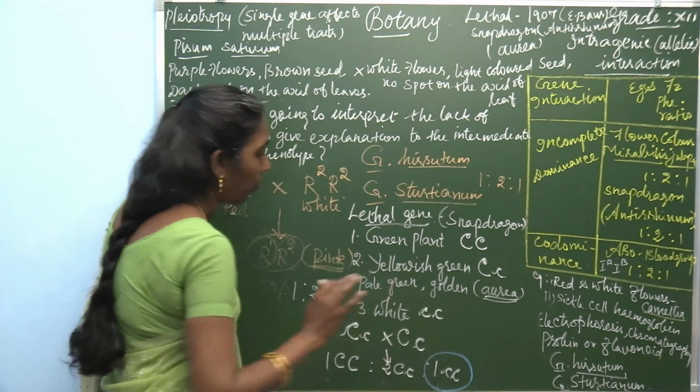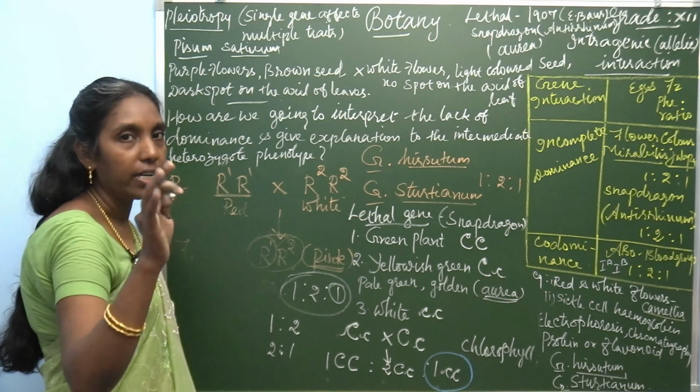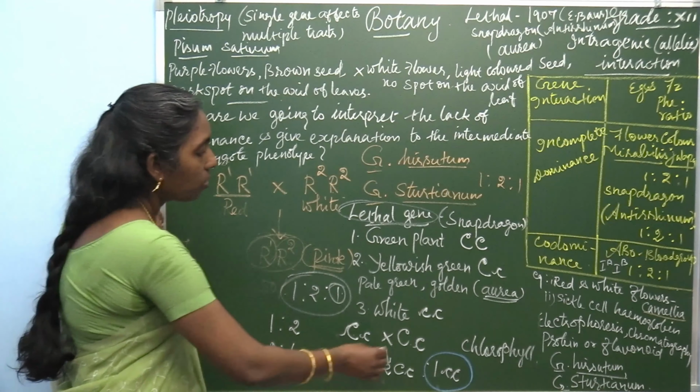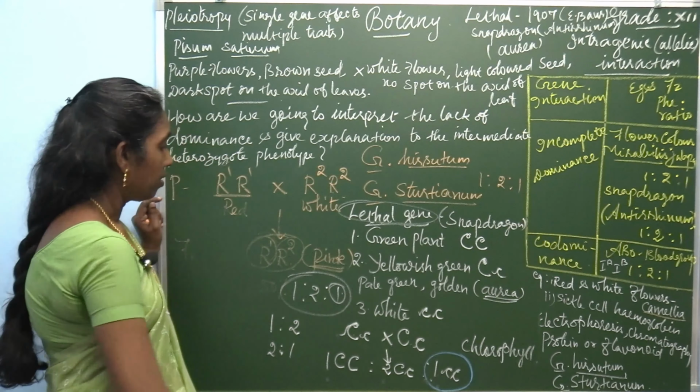So this 1:2:1 ratio is altered, and it gives 1:2 or 2:1 respectively. So this one already died. The plant is not present because it lacks the chlorophyll, it dies. It causes death of the organism, called a lethal gene. So, a lethal gene causes the death of the organism, in the carrier individual. Because of lacking chlorophyll it dies. So, it gives the ratio 1:2 or 2:1.